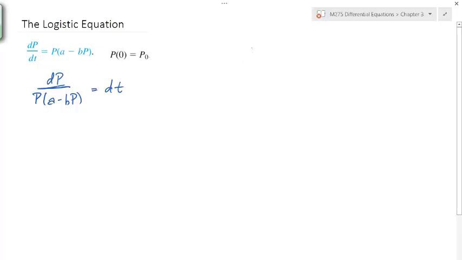So we take a look at our integrand. So that's p times a minus bp, and we want that to equal two fractions that are separated with the factors in the denominator. So we have unknown constants capital A and capital B,